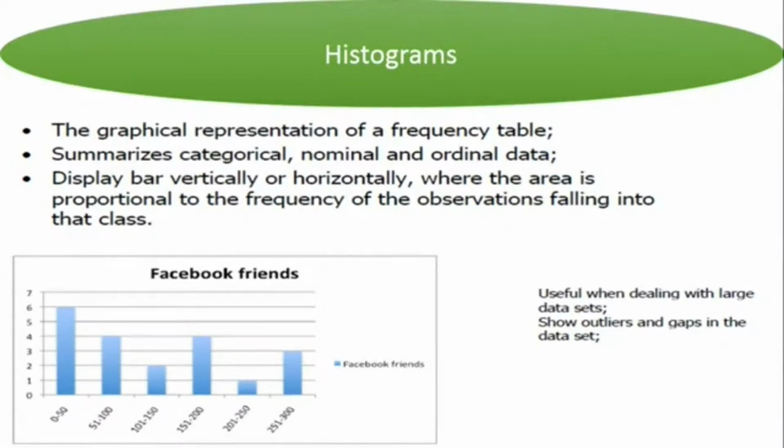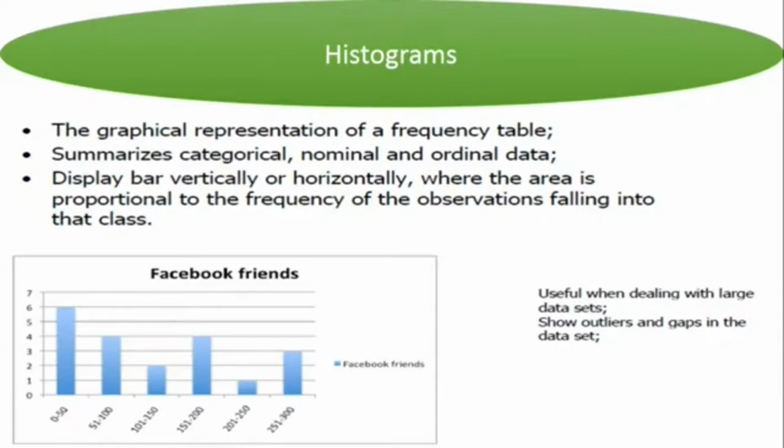So you have a frequency table and you display bars vertically or horizontally, where the area is proportional to the frequency of the observations falling into the class. So I illustrate it with a sample of people having not more than 300 Facebook friends, and I represent the number of Facebook friends of my sample